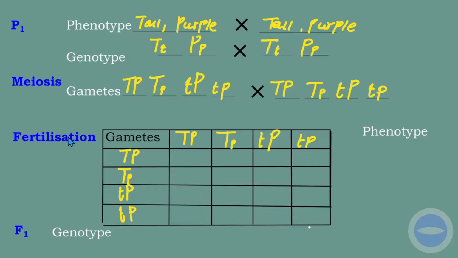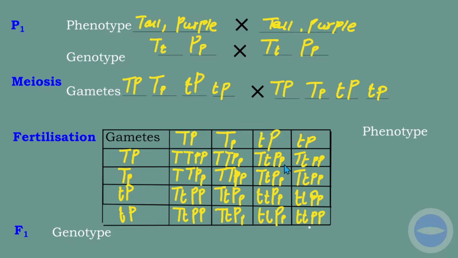Then I will fertilize them. So here are the genotypes for the first filial generation. Here you just have to memorize: if we cross 2 heterozygous plants or 2 heterozygous animals, we will have 9